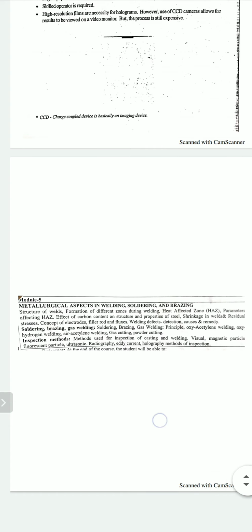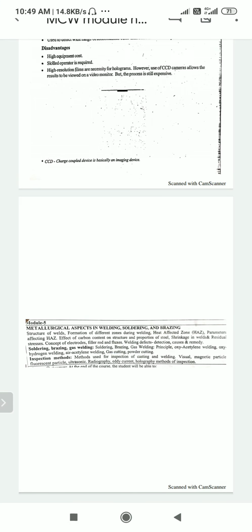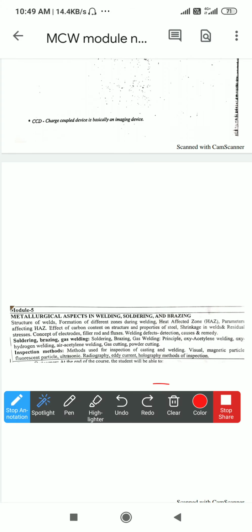So for today, you can see in this syllabus, we have completed the structure of the metal. You can see over here we have completed the fifth module topics: structure of the weld, formation of the different zones during welding, heat affected zone, parameters for the heat affected zone, effects of carbon contents in the